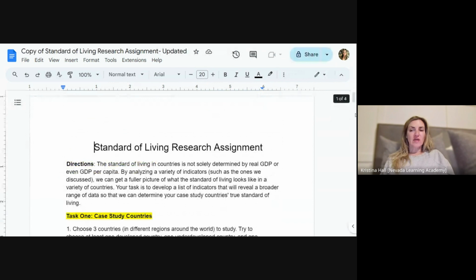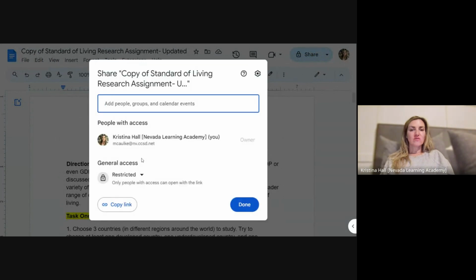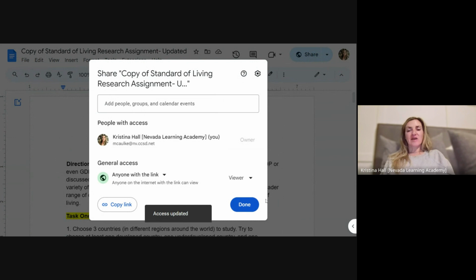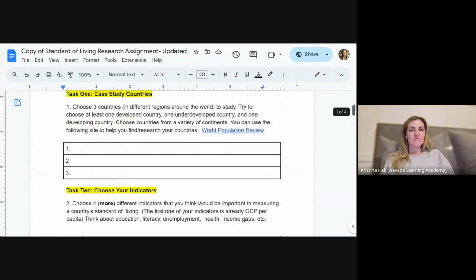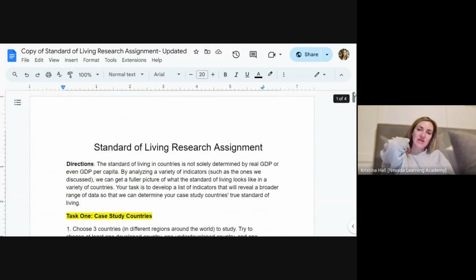So as always, we are going to save this to our drive. We are going to make it shareable, so anyone with the link, that when you turn it in, I can grade it, okay? Or your teacher can grade it. Okay, so once you have that open and ready,